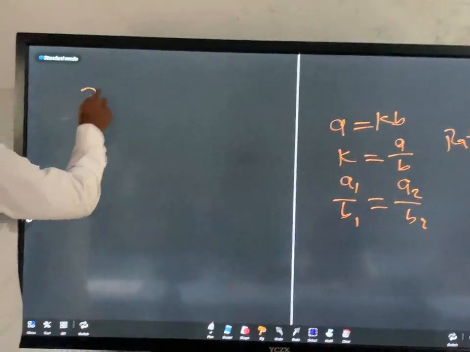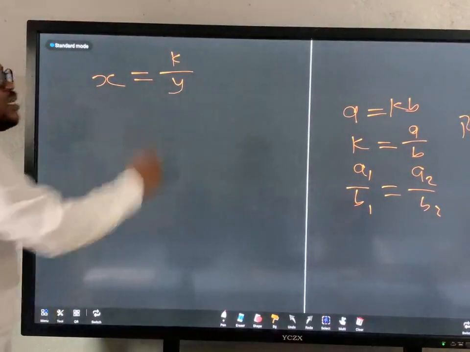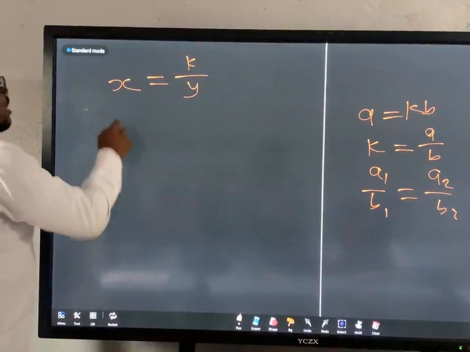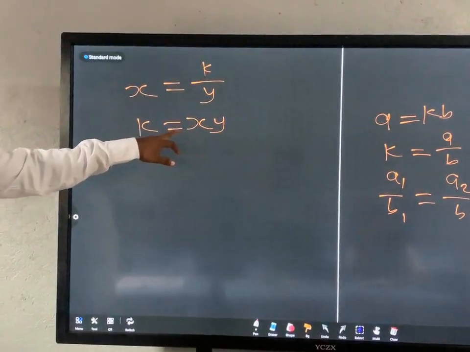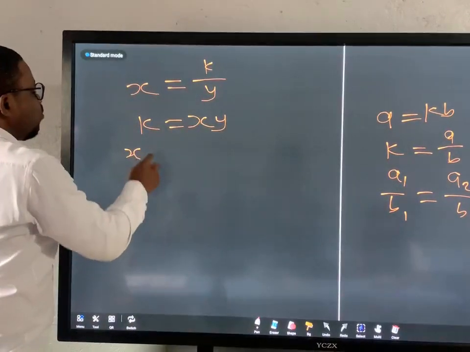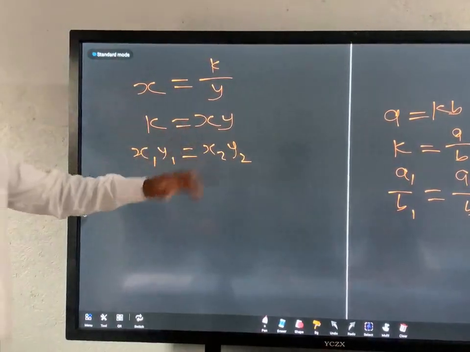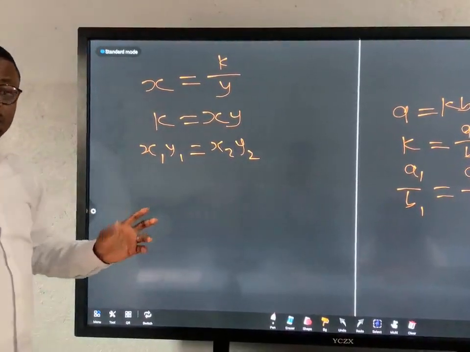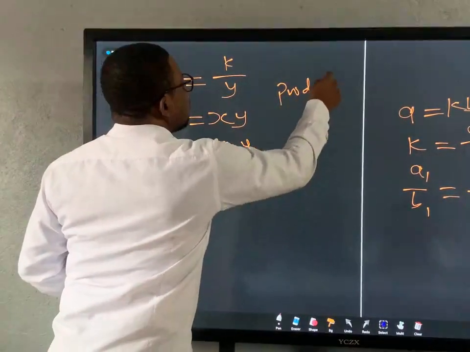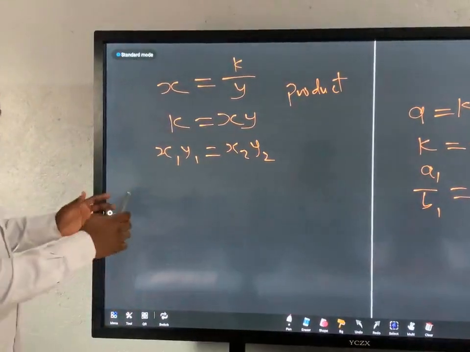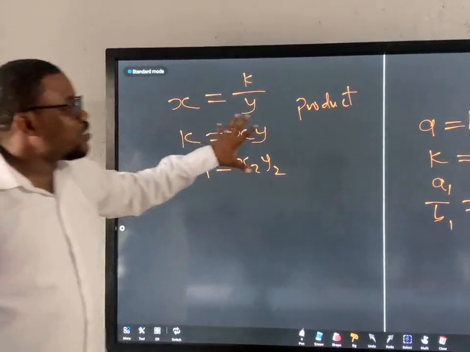Therefore, inverse proportion. If I have x is inversely proportional to y, I will get that it's equal to k over y, right? Yes. And then I'll end up getting that k is equal to x times y. We have a constant product. So we have x1, y1 equal to x2, y2. Take note that the x1 and all of that can stand for any value. Is that okay? So in this case, I'm getting a constant product. And since I'm having a constant product, if I'm given values, I multiply them straight, not cross multiply. Is that alright? Yes. Now, if you've understood these basics,